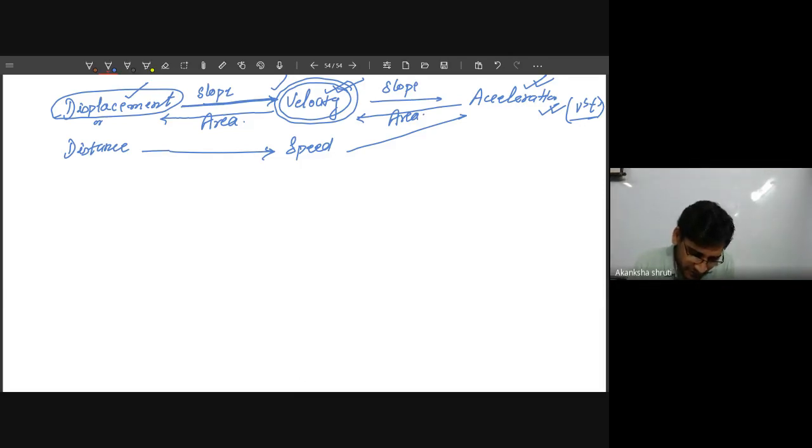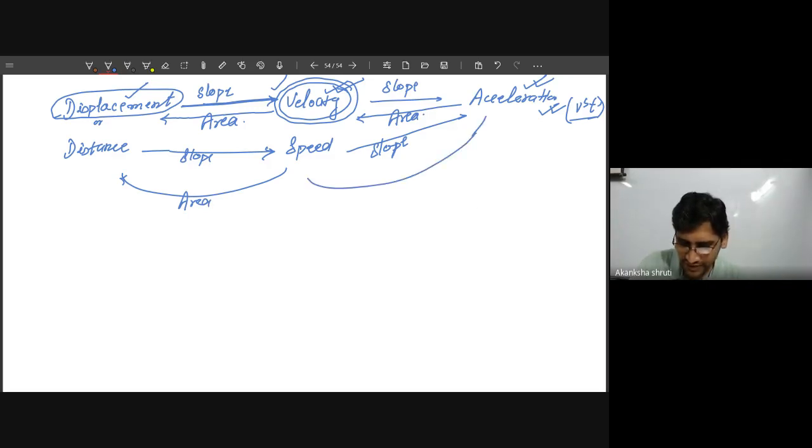But moving in the forward direction, I mean from displacement time, taking the slope. Slope taking means taking the ratios. You will get velocity. Taking the ratios of vertical to horizontal of velocity time graph, you will get the acceleration. The same thing is this. It is your slope. It is your slope. But if I'm going to take this area, then I am able to return back.